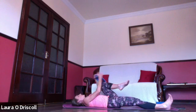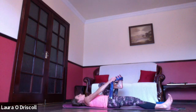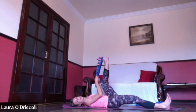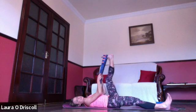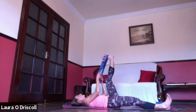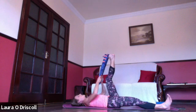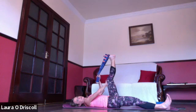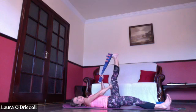From here, reaching for our towel again, wrapping it around the ball of that left foot. And then inhale, pressing the sole of the foot up toward the ceiling. And then exhale, drawing those left toes toward the face. Again, we're hooking the elbows in toward the body. See if we can activate the front of the leg, so into the quad to get an extra little stretch